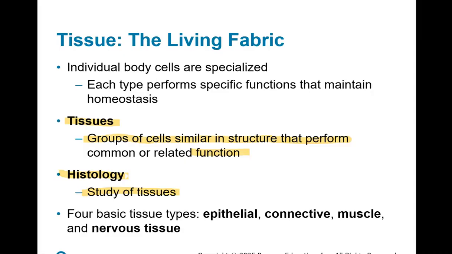And there are 4 basic tissue types in the human body. They are epithelial tissue, connective tissue, muscle tissue, and nervous tissue. So we're going to start with,